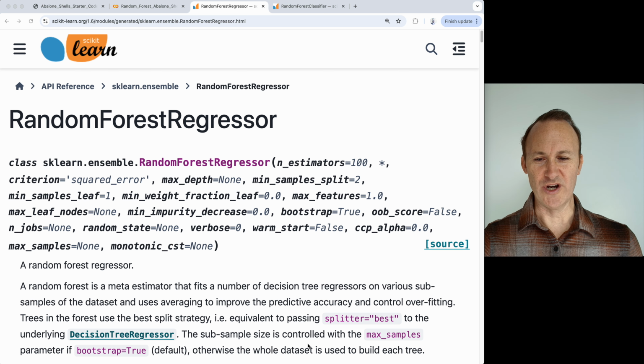Let's take a look at the random forest regressor parameters. You can see here the number of estimators. This is the number of decision trees, set to 100. We can modify that. We're going to modify the max depth. There's no default here. Now the max features here is set to 1.0, and that means it's looking at all